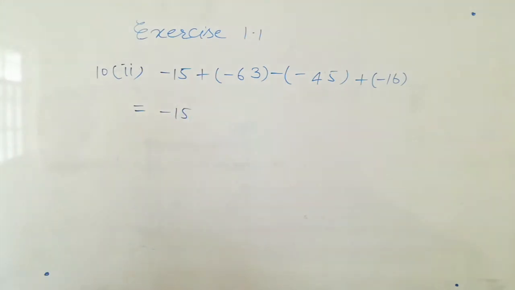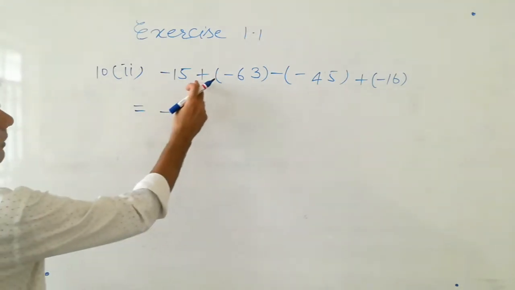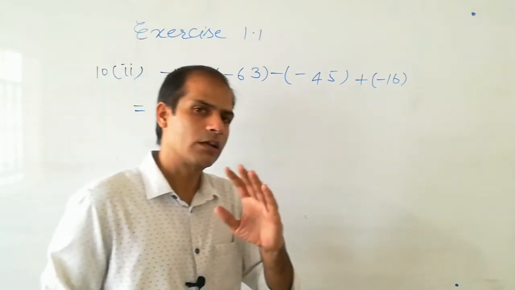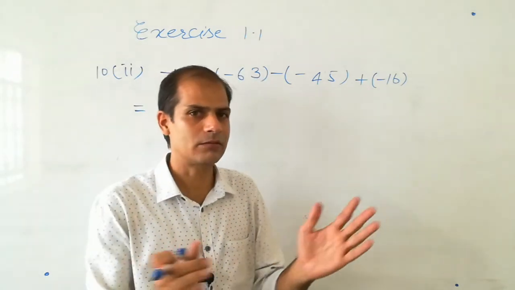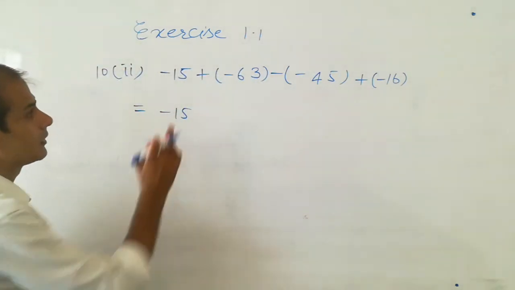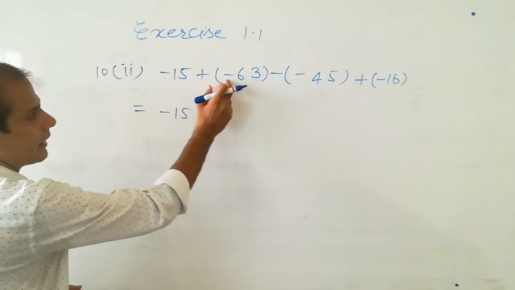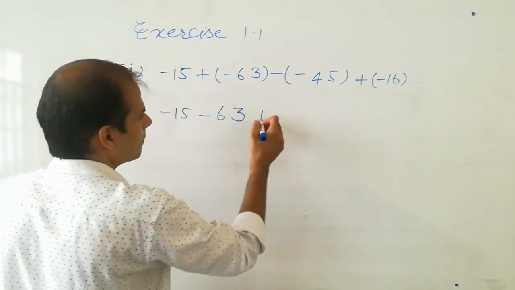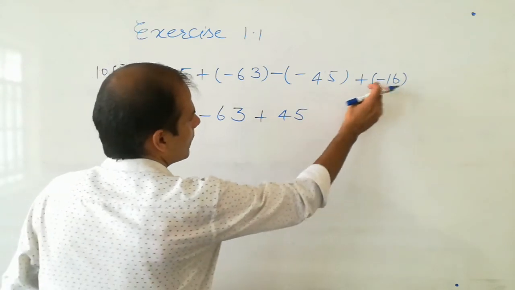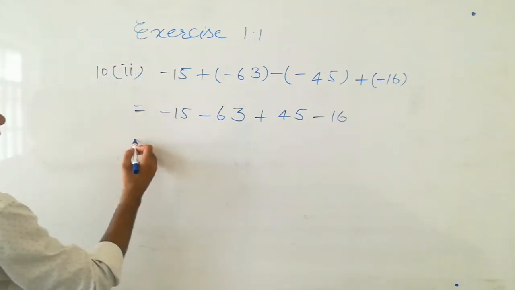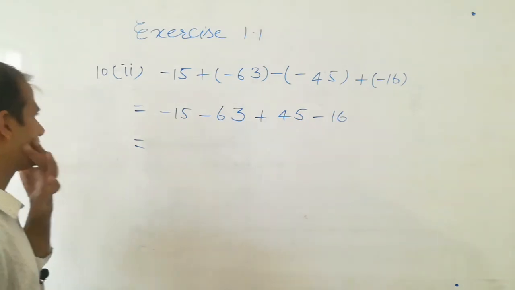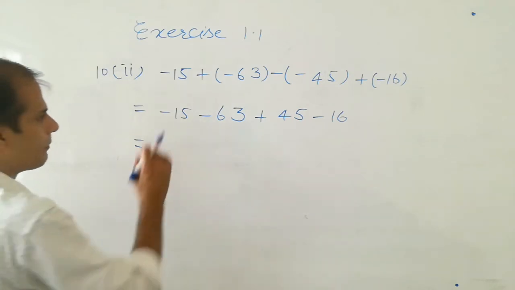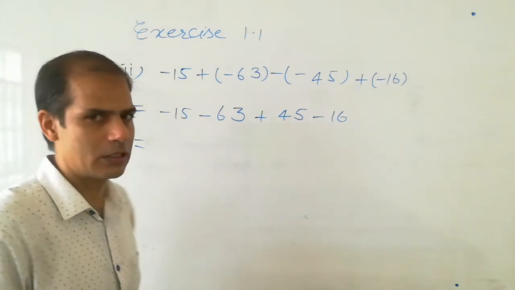Listen, we will write minus 15 plus, okay, minus 15, then it is plus minus. If you see different operators, okay, inside the bracket and outside the bracket, then the final result will be negative. ब्रैकेट के बाहर पॉजिटिव है, ब्रैकेट के अंदर नेगेटिव है, तो हमें नेगेटिव मिलेगा and it is 63, but minus minus becomes plus, so it is 45. Again plus minus becomes minus. Okay, now you can add positive numbers together and negative numbers together, so it will be easier. आप अगर इसको डायरेक्ट करेंगे तो थोड़ा सा कहीं पे मिस्टेक होने के चांसेज है.